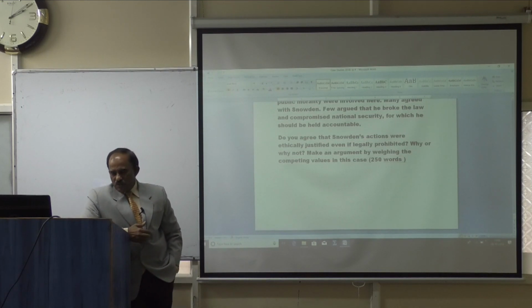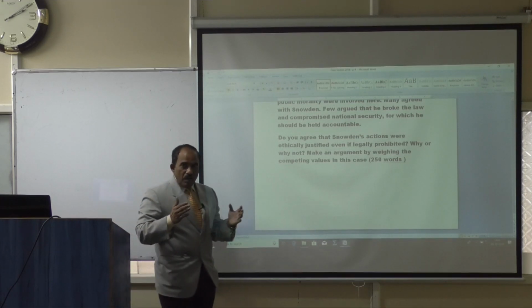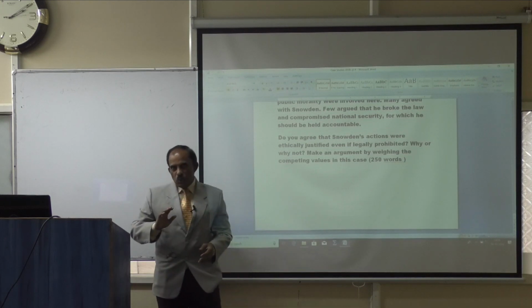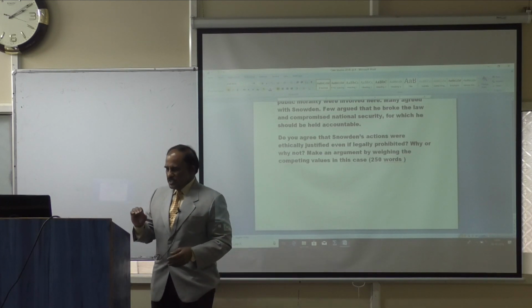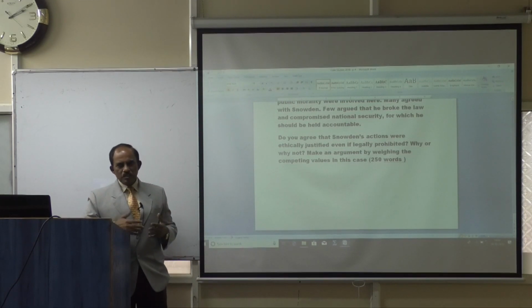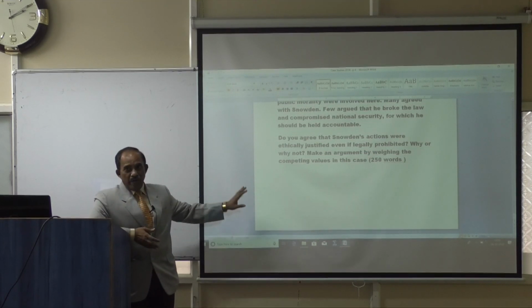So in this case, Snowden definitely violated the procedure, causing more harm than good. If the competent authority has not taken action, then he can go to the courts. Public interest litigation is another weapon available to him. He can file a case in the court, and courts are definitely going to look into these matters.